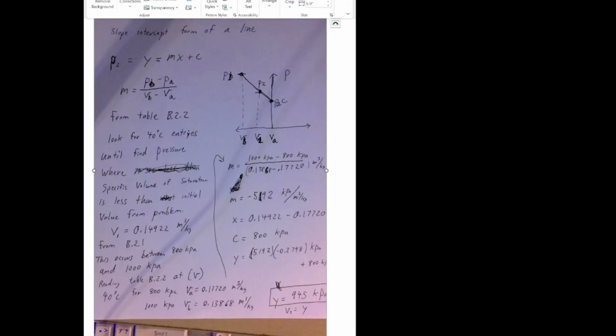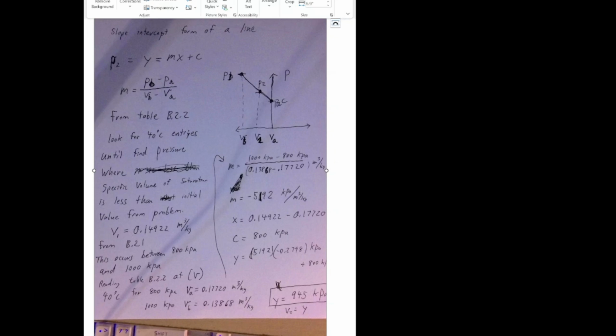Okay, so from those values, I started out with the solution here. First thing, I started with the slope-intercept form of a line, y equals mx plus c. This is to give me the linear interpolation. And these are my points. I'm a little bit sloppy here since I changed the subscripts for each of these. But the basic idea, here's the 800 kPa point, and that's where its saturation